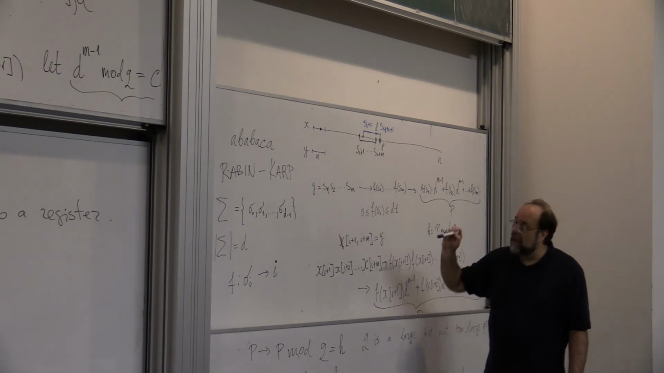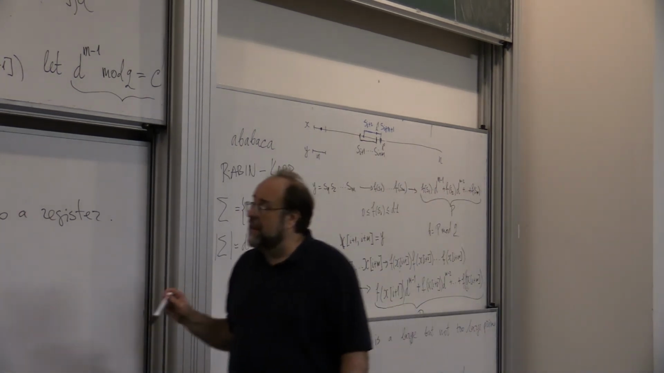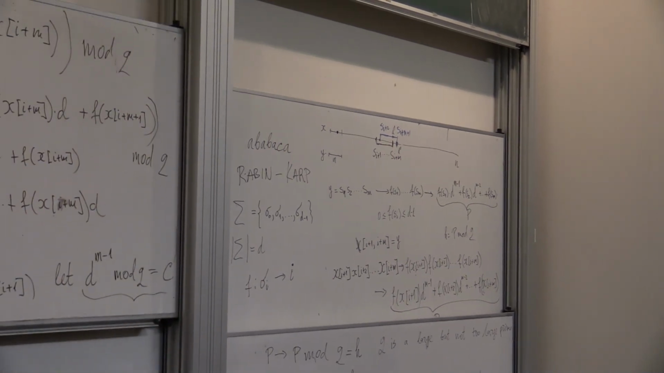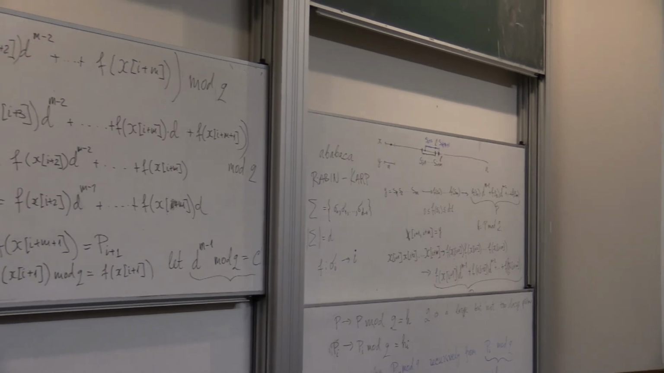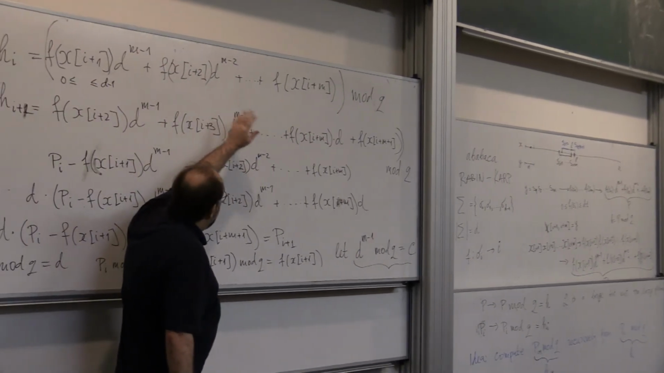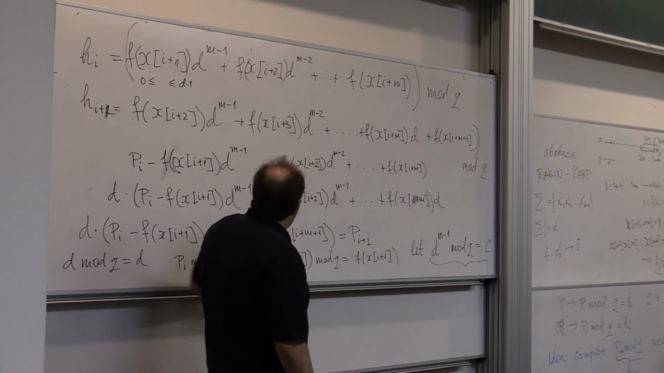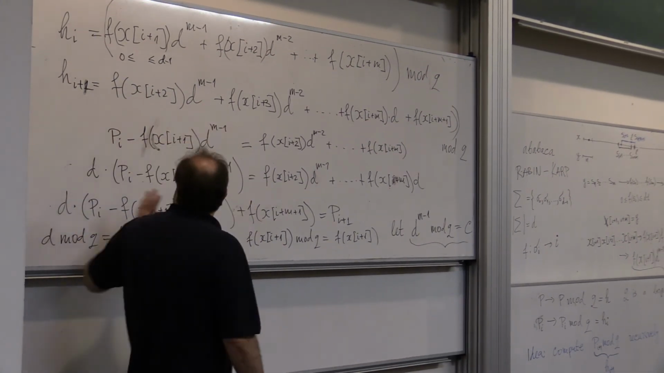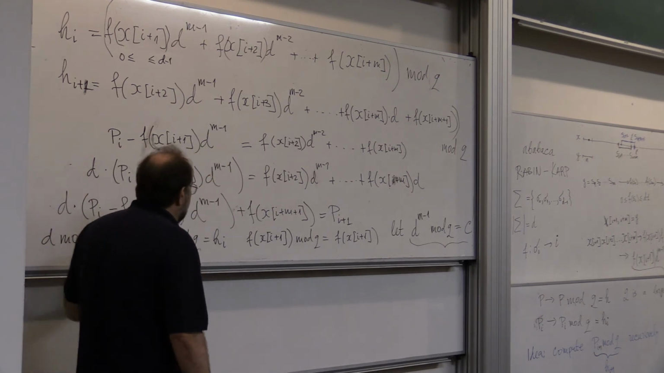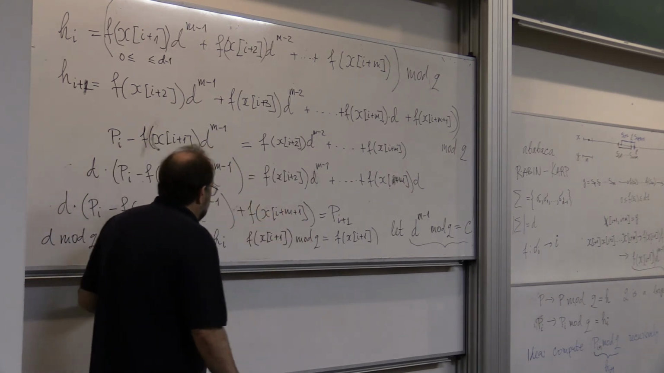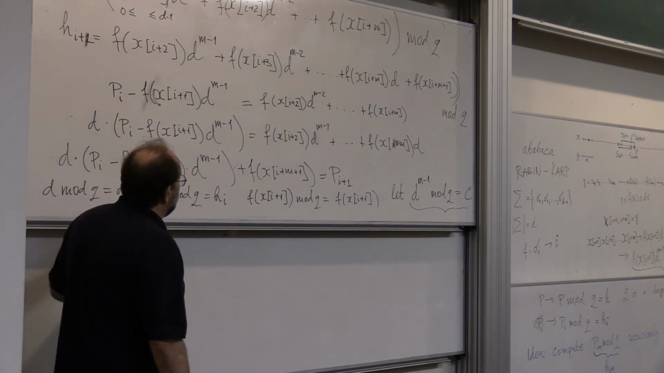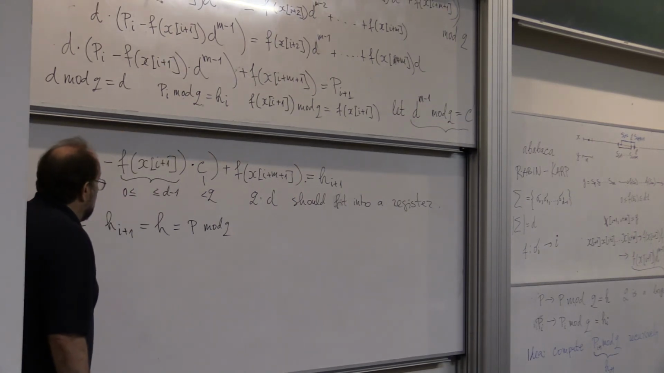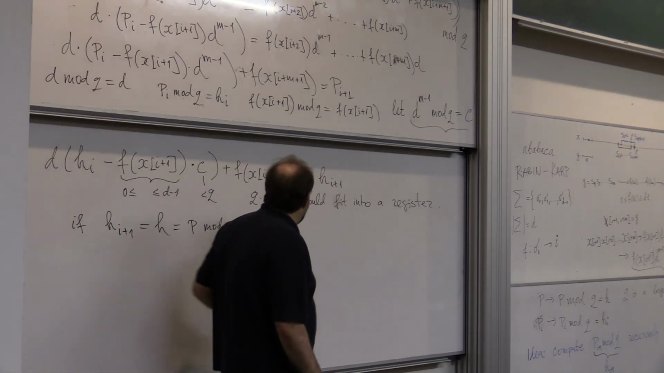And so, because of this relationship between hi plus 1, between the string and the shifted string, they can be obtained by removing the highest order digit, multiplying by d, and adding the last digit, and then modding out everything by q. Then we see that the computation of hi plus 1 can be done